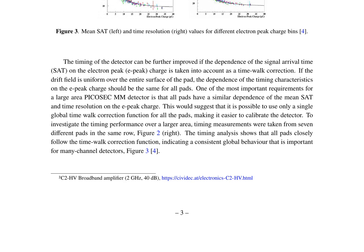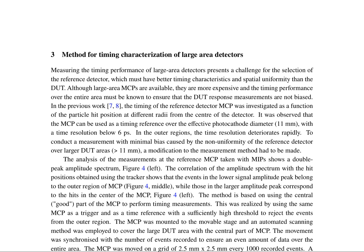Analysis reveals that all pads closely follow the timewalk correction function, indicating consistent global behavior. This is crucial for many channel detectors, as shown in Figure 3. The results highlight the potential of the large area Picosec detector for achieving high precision in particle time of arrival measurements. Characterizing the timing performance of large area detectors relies on a reference detector with superior timing characteristics and spatial